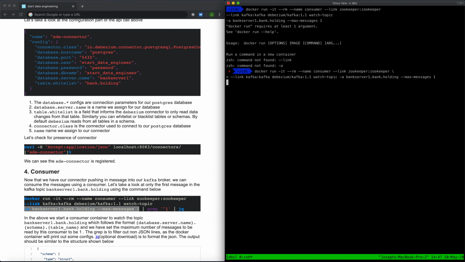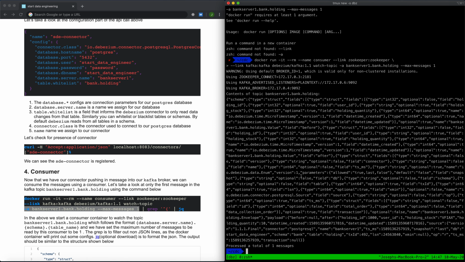So it's reading from the Kafka messaging queue, and it stopped after processing one message. So this is your message. These are just some print statements from your container. This is the message that we want. This is really hard to read, so